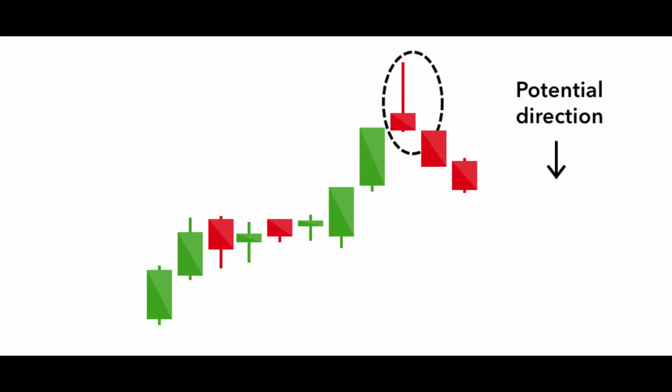Now this particular candlestick is known as the shooting star. It looks the same as an inverted hammer but is formed in an uptrend. It has a small lower body and a long upper wick. Usually the market will gap slightly higher on opening and rally to an intraday high before closing at a price just above the opening, like a star falling to the ground.